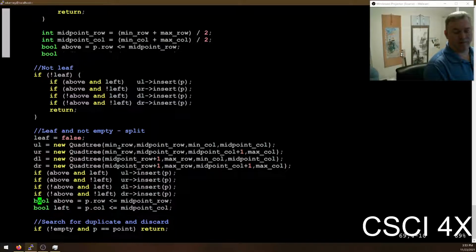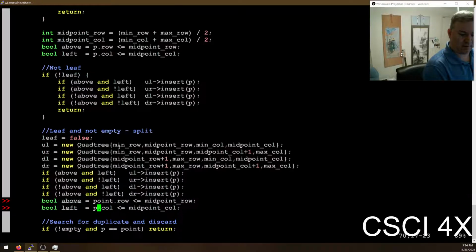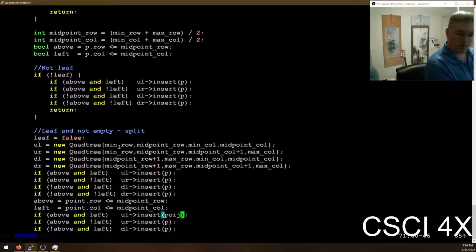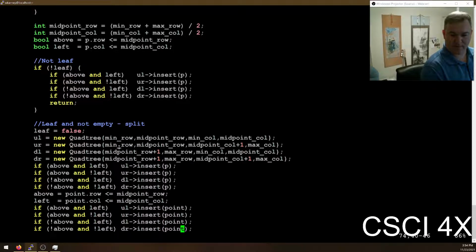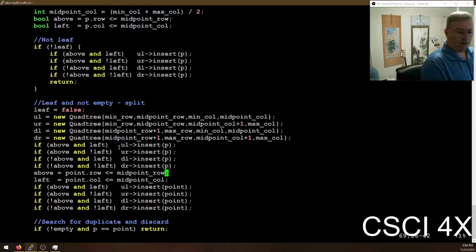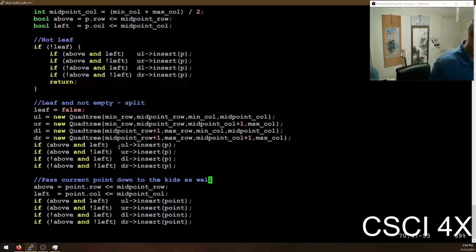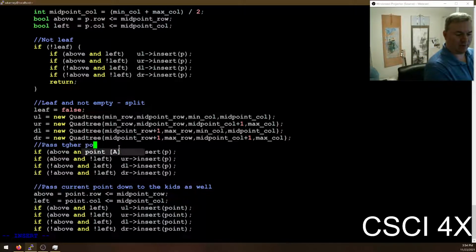So our current point, I guess technically you could probably hang on to it at the current level, but I only want the leaves to hold points. So pass the point down to a new kid,